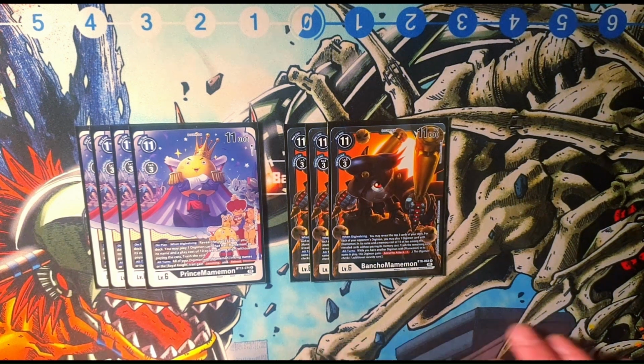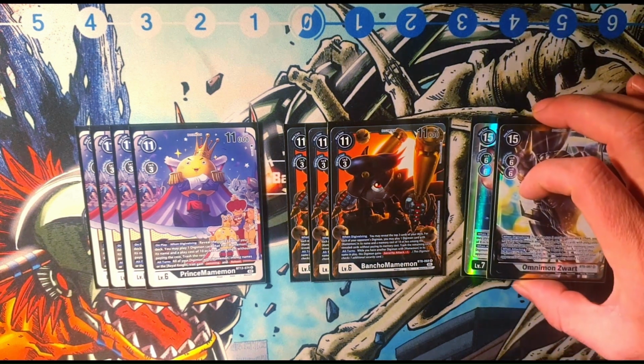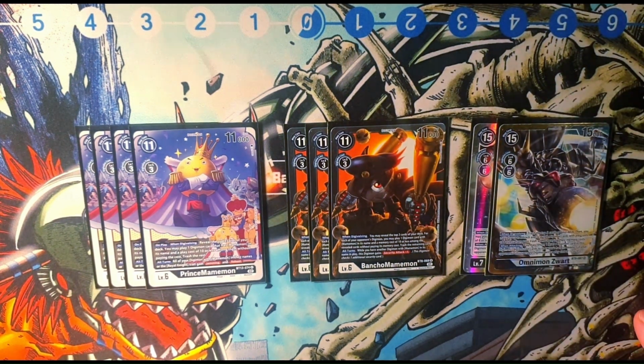You usually definitely have a Mamemon on board, and now that he's got the jamming and the reboot, he is absolutely fantastic. The only real problem is blockers that are bigger than us, so yeah, that can be a big problem for this deck. But then we've got 2 copies of Omnimon Zwart that hopefully can clear a few of those bigger